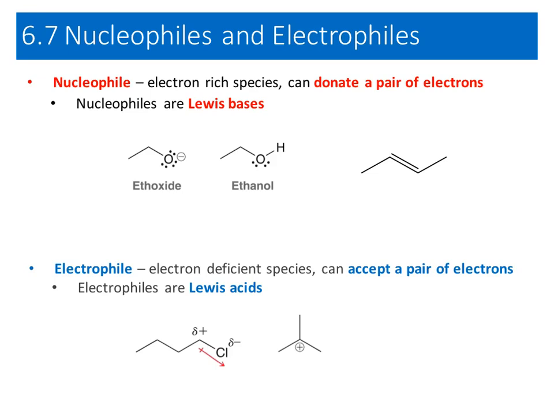From now till the end of chapter 9, we are focusing on heterolytic bond cleavage. You are going to learn about homolytic bond cleavage in organic chemistry too, but in this course we are just focusing on heterolytic bond cleavage. But before we talk about those types of reactions, first we need to think about and recognize what we call